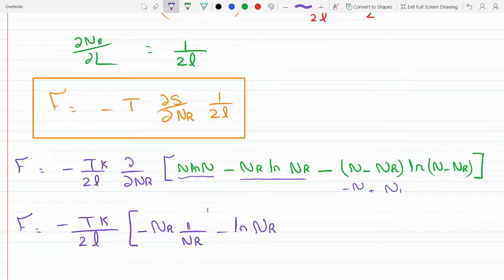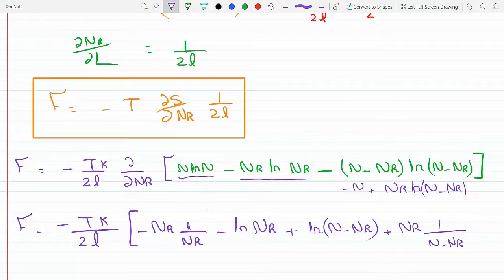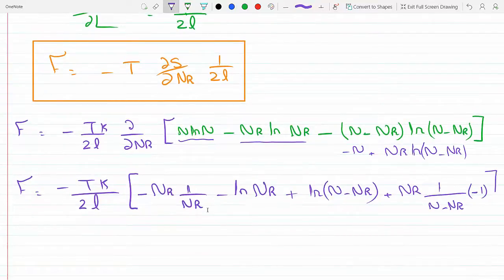It's just the second term, which is plus NR ln n minus NR. Again, a product rule on this, so we will get plus ln n minus NR plus NR times 1 over n minus NR times the chain rule, which is minus 1 because it's minus NR inside the ln,